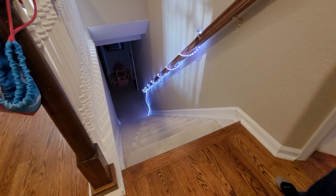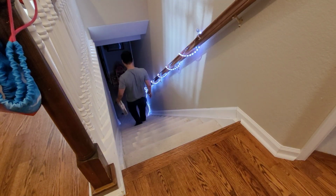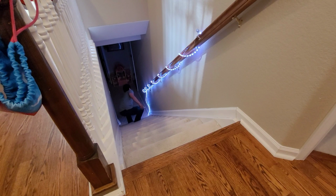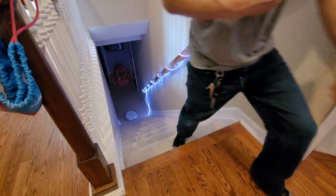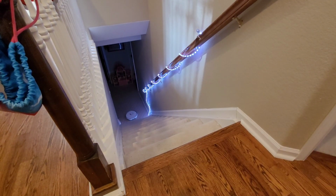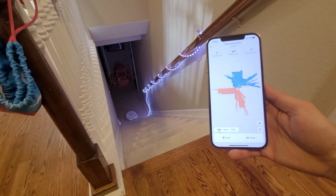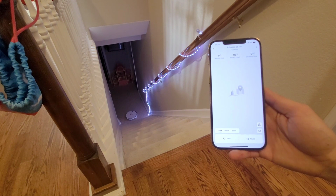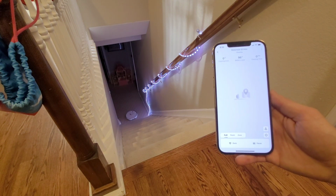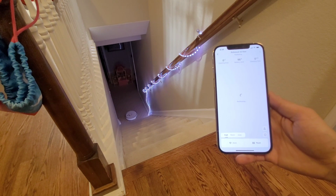Okay, so one of the most asked questions is how do I switch between the maps? Do I have to manually load it through the app each time, or can I just set the robot down and press the clean button? Well, thankfully, the robot vacuum is pretty smart and it will reposition itself. So for example, I have the main level loaded up, but you can see I put the robot down in the basement. All I have to do is press the clean button either on a smartphone or on a robot, and within a few seconds or so, it will reposition itself